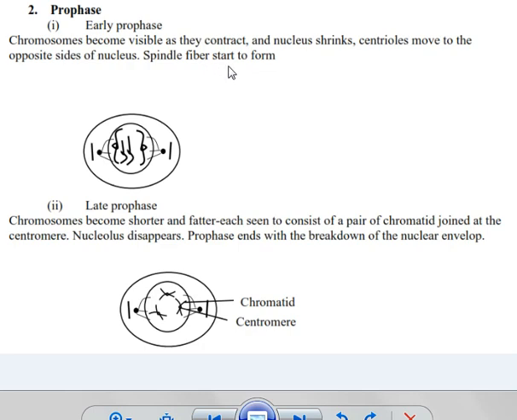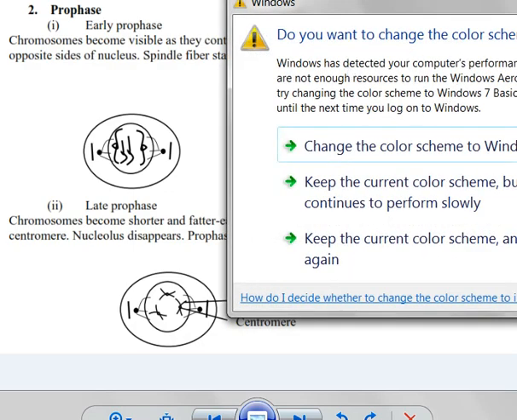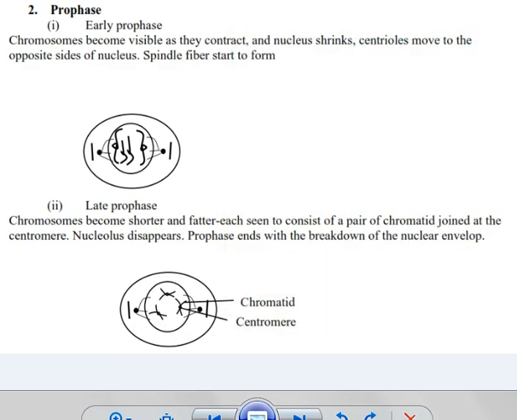The spindle fibers will start to form. These are the spindle fibers, these ones, and this is the centriole, and this is the centriole. These are the chromosomes, and this is the nucleus. So the event you should note here is that the chromosomes contract, the nucleus shrinks and disappears. The centrioles move to opposite poles of the cell, and then